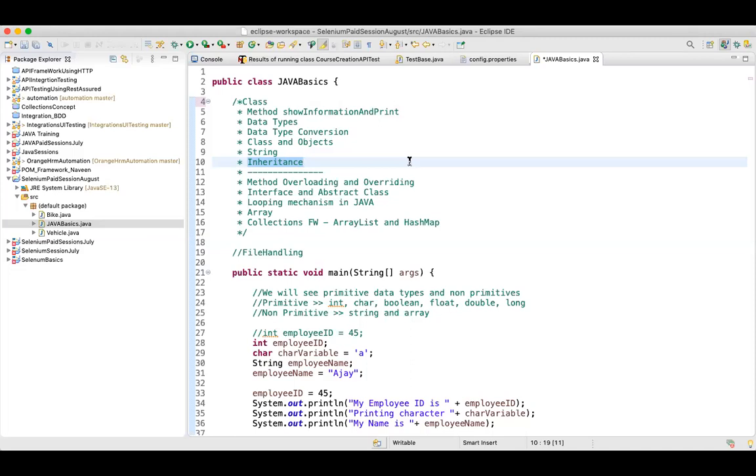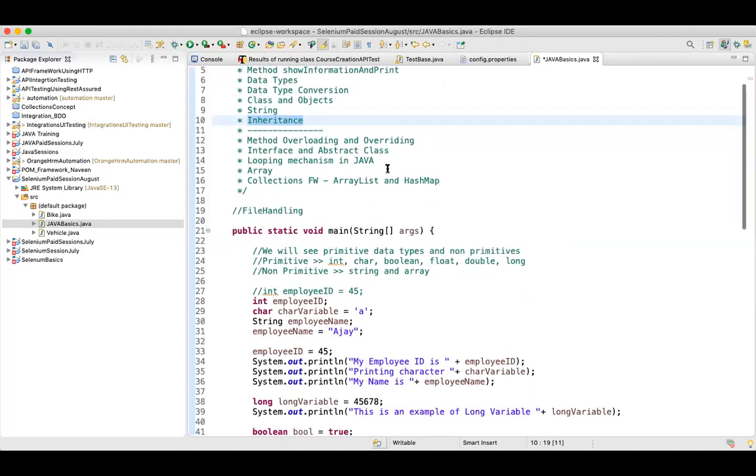So these are a few of the topics which we covered yesterday, and today we will go a step forward and see various concepts, for example, method overloading and method overriding. Apart from that, there are a couple of concepts, for example, interfaces and abstract classes. These are used for encapsulation and for data hiding. This is one of the object-oriented principles. Java follows object-oriented programming principles, so these are some of the principles which a language has to follow.